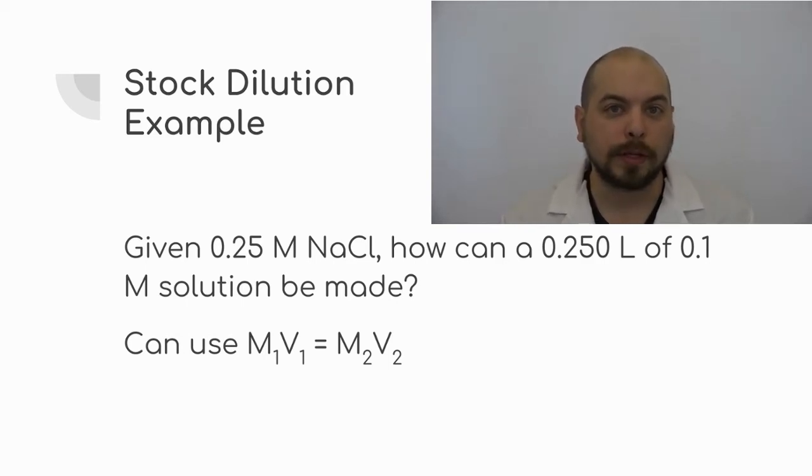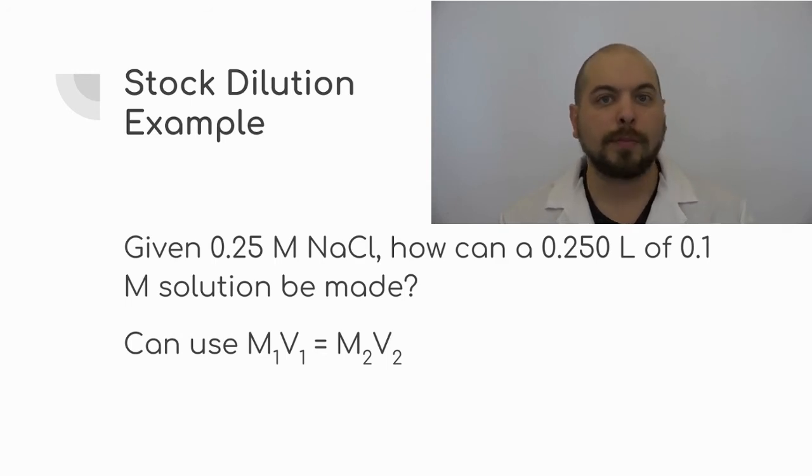How am I going to do it? This is the situation where M1V1 equals M2V2 comes really handy. So M1V1 equals M2V2, where 1 represents our initial solution and 2 represents our final solution. So molarity of the first one, that's our stock solution. So that's 0.25 molar. Now, I need to get to a final solution of 250 milliliters, which is 0.25 liters,